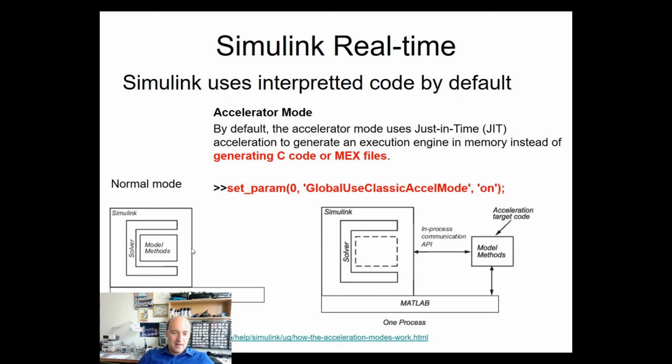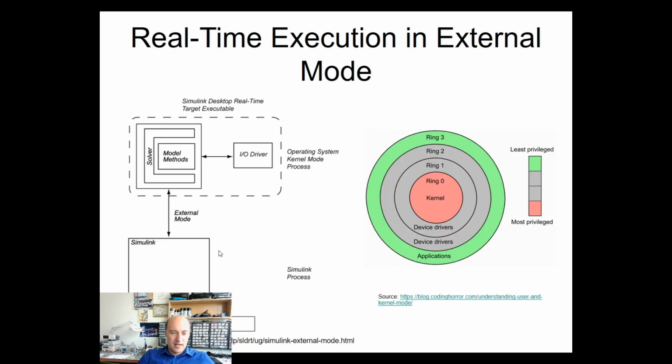But if I now want to run it in real time, what we need to do is to take all this, the model, the solver, and run this as, maybe I could call it, a standalone process that runs at a very different level. So we'll run MATLAB and Simulink on the PC, but this will run as an individual process with a different